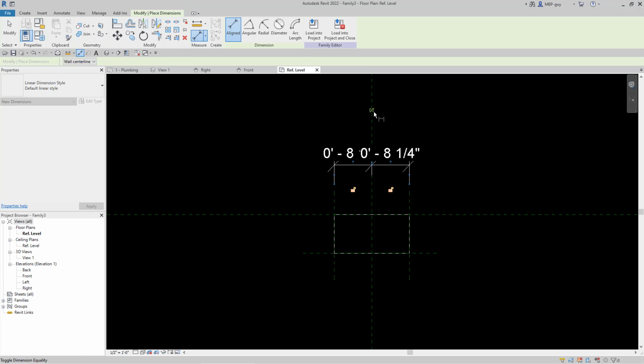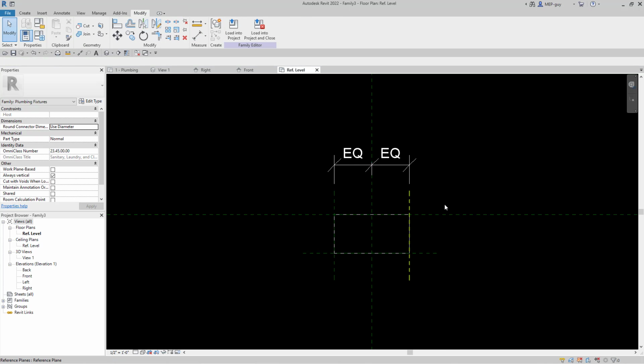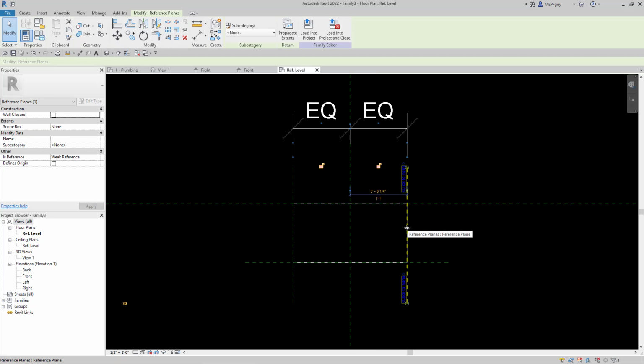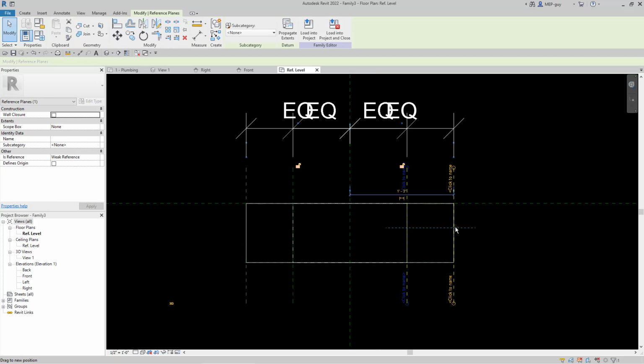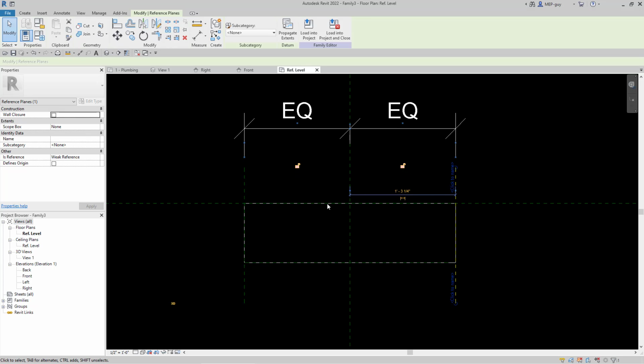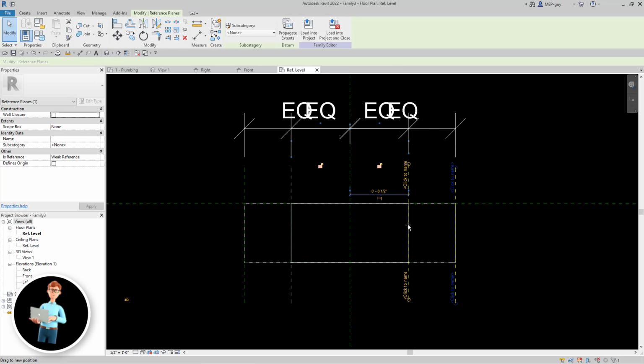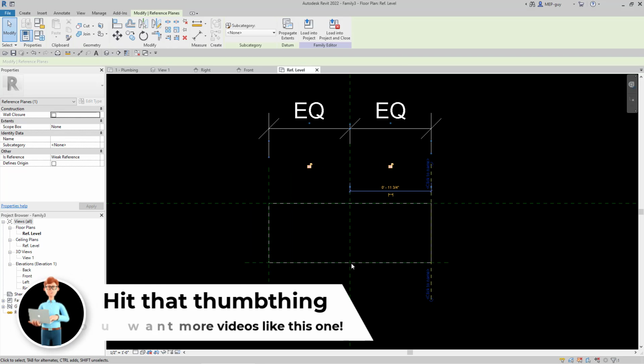Now you can see there's this little toggle dimension equality, and if I click it, it'll just make sure that these dimensions are always equal. So I'm going to hit Escape, and when I select this reference plane and drag it, let me zoom in a little bit. When I drag this, you can see that now both sides are always equal. So that's really powerful because we can always make sure that we're aligned in the center here,